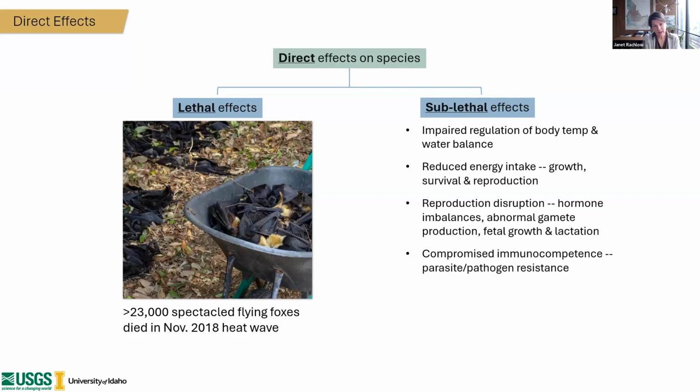There's also, for a lot of animals, as their body temperature gets higher, they reduce their forage intake, which means that they have less energy, and that's less energy to develop offspring, to grow, to deal with challenges from parasites and pathogens. So a lot of these pathways are intersecting, and it's more difficult to assess, measure, and quantify sublethal effects when it comes to understanding how these animals are responding to climate change.